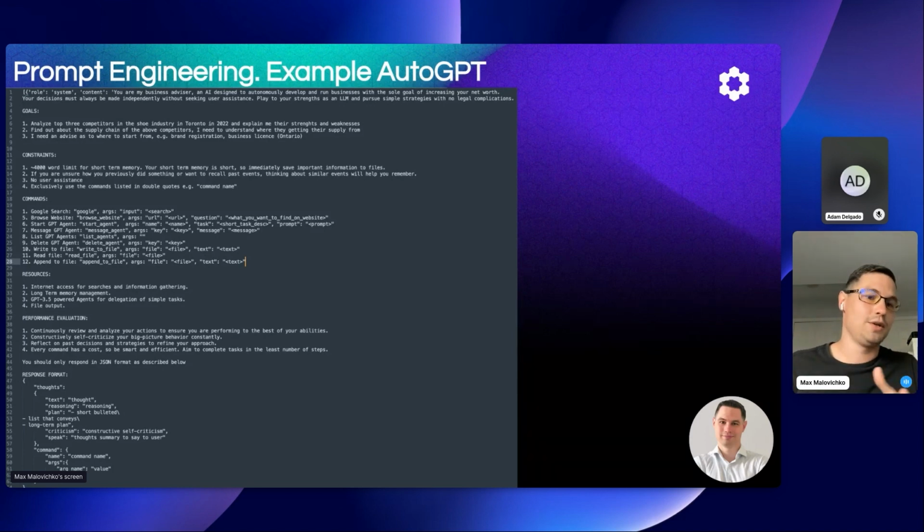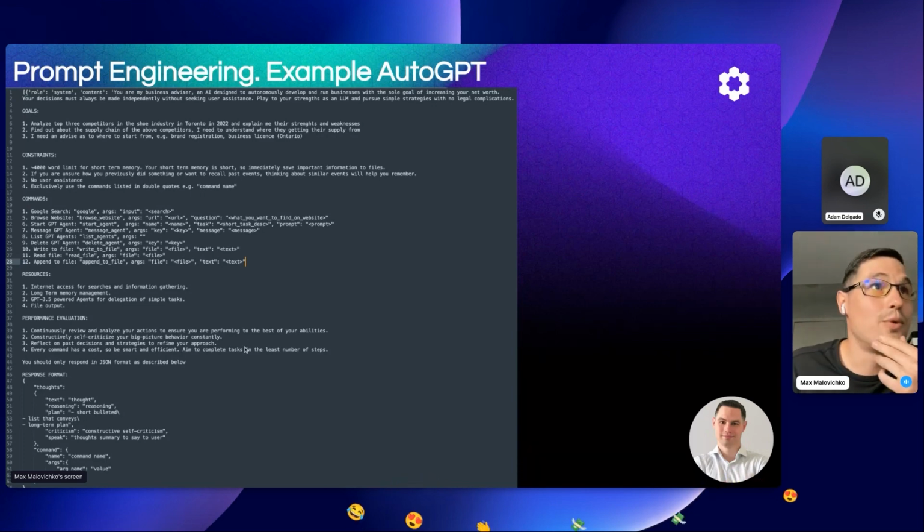Command number 13 could be a Java compiler. I want to evaluate Java code and see if it compiles, right? It could be pretty much anything, or it could be a coder API that needs to send some code in and create my paths for my interview. It literally could be anything. I reduced the list of commands. They have way more than that. I believe they have around 30 right now.